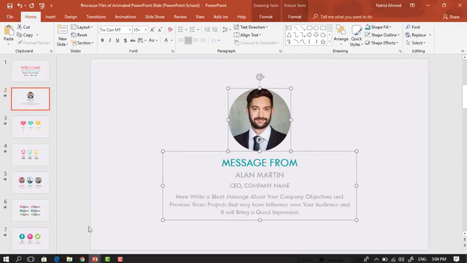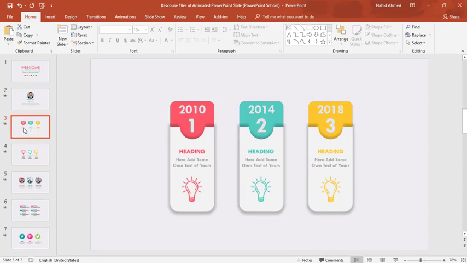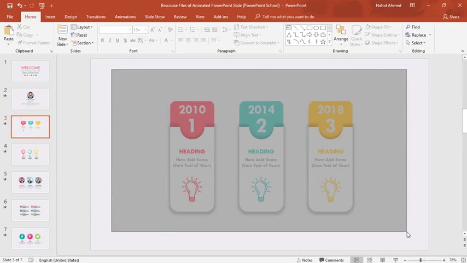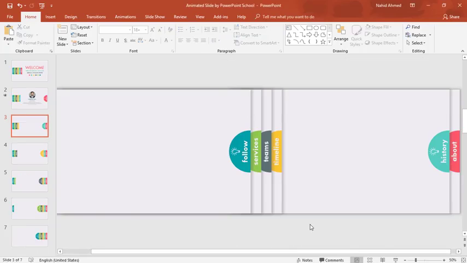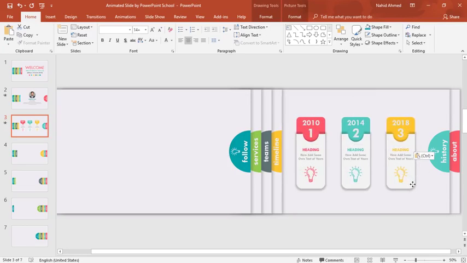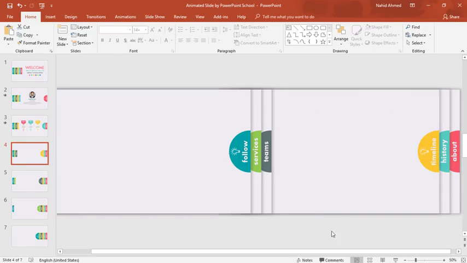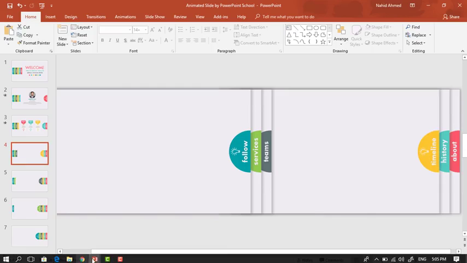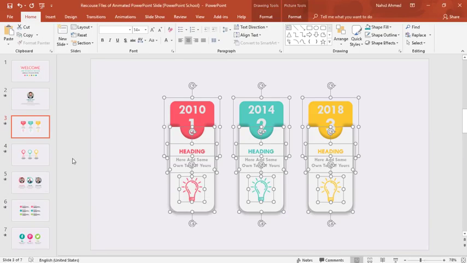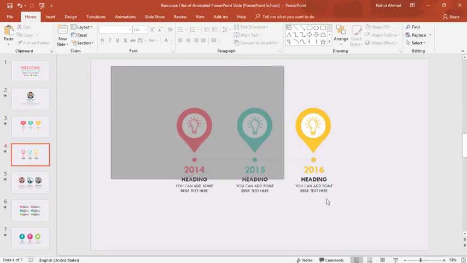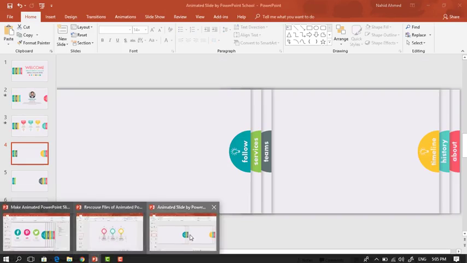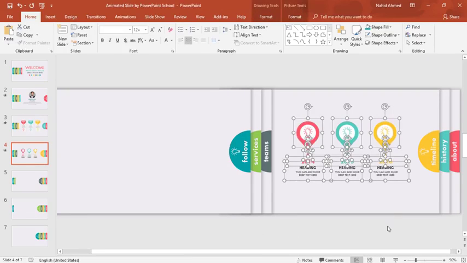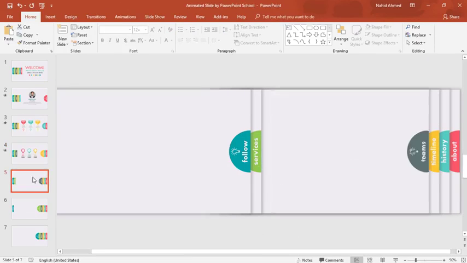From here, we need to select all of these, press Ctrl C to copy, come back to your original slide, press Ctrl V to paste and place these in the middle. Do the same again, go forward to our next slide to add the content. We just need to select all of these from here, press Ctrl C to copy, come back to our original slide, press Ctrl V to paste, make sure these are in the middle, go forward to the next slide,